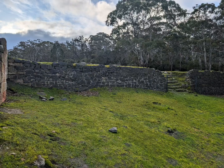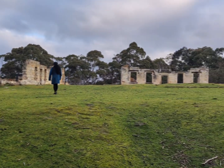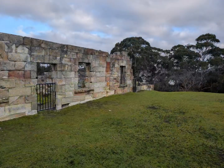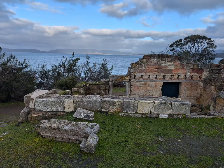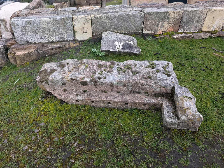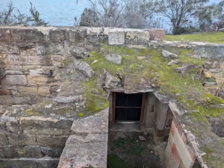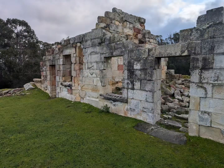Beautiful site, but what an impressive convict ruin it is. The upper levels were actually reserved for the hospital and also for the barracks for the guards who looked after the prisoners there and guarded them. The site on the peninsula was probably fairly picturesque in terms of what was available, but nevertheless, by all accounts, it was an extremely brutal place and considered to be one of the worst punishments available in the prison system